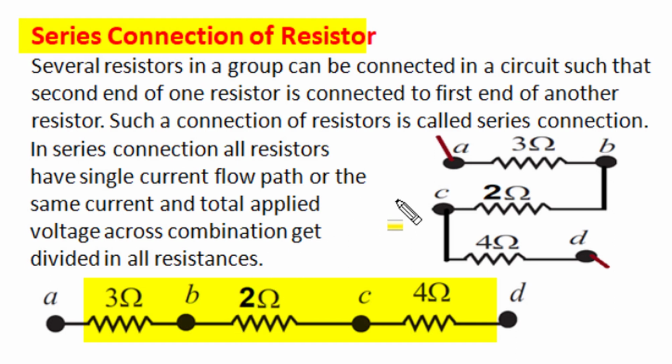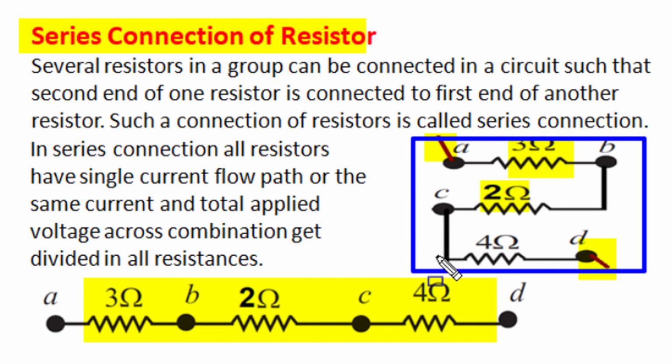Now the layout of three resistors in this yellow highlighted circuit and in this unhighlighted circuit looks very different, but both represent a series connection of resistors, as the 3 ohm has two terminals A and B, and the second terminal B is connected to one terminal of 2 ohm, and another terminal of 2 ohm is connected to one terminal of 4 ohm, and finally the circuit gets its connection from the first terminal of the first resistor and the end terminal of the last resistor, between A and D. And between A and D this yellow highlighted circuit and this blue frame circuit are identical in